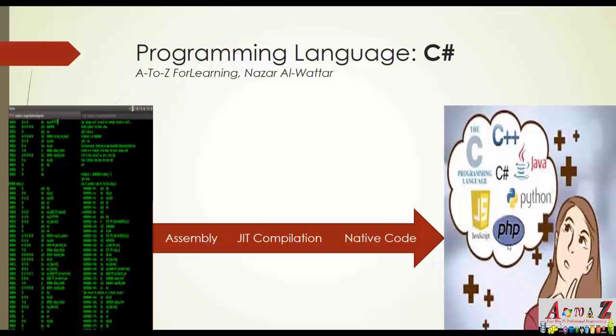As we have said, C# code is managed code, and C# is considered a managed programming language. That means all the code that you write, you will run by calling the common language runtime, which is one of the .NET framework parts,